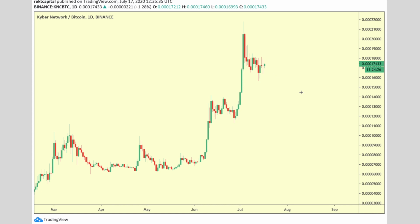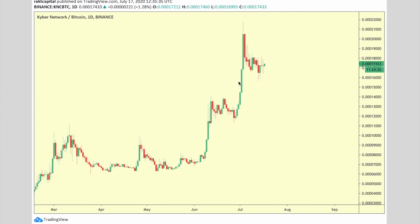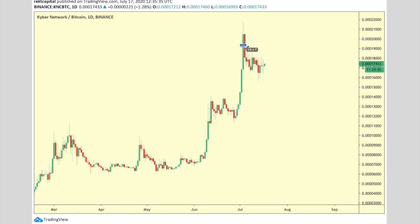But if you zoom in towards the daily, you won't really see that promising sense of price action that you'll get on the weekly for Kyber Network. So zooming in, you can notice that this is a period of whatever's going on, but it's very comparable to this period when you're looking back a few days ago, before that initial, or at least that secondary run up from Kyber Network. So it's really important to just notice that on the daily, you might be seeing some reaccumulation